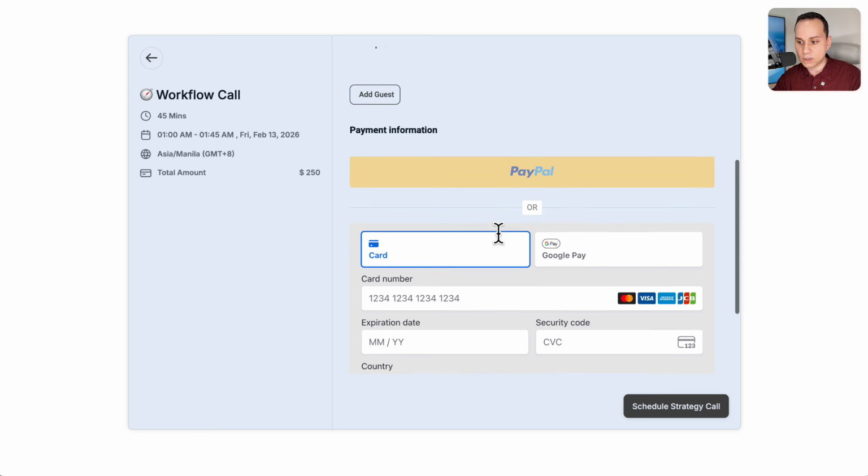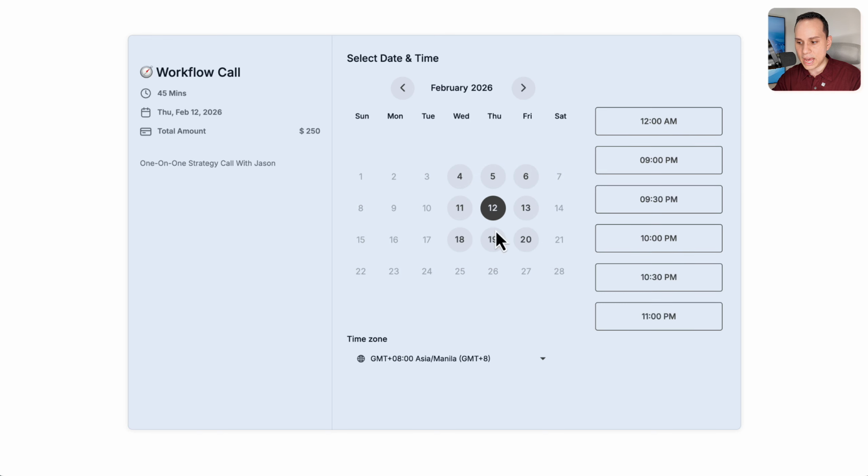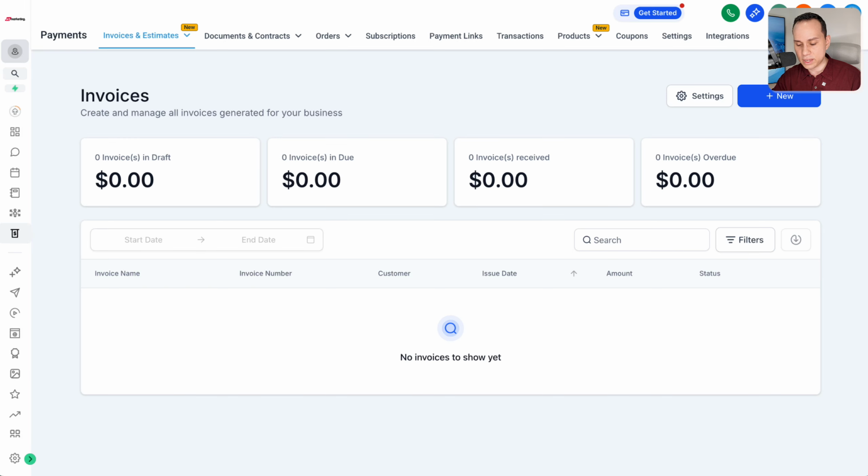So what's nice about creating a custom calendar is people can make sure that they actually can commit to a time before they pay you. It just saves you a lot of headache in terms of trying to schedule, especially if you have to deal with time zones. Now, the last one, this is something I wish I had when I was running an agency,